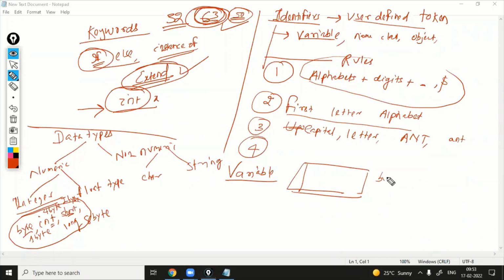When you declare a variable byte x, in the memory it will allocate 1 byte. Accordingly, memory allocation will be there.